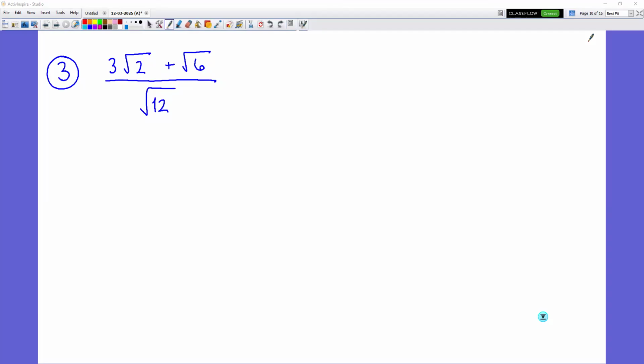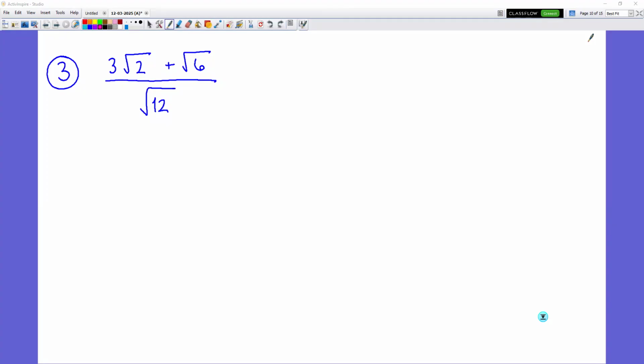All right, so here we are with our third problem for this video. This time we have an expression, a binomial. Remember, 2 terms is a binomial. So we have a binomial over a monomial, which is 1 term. Monomial means 1 term. But anyway, we have just a square root of 12